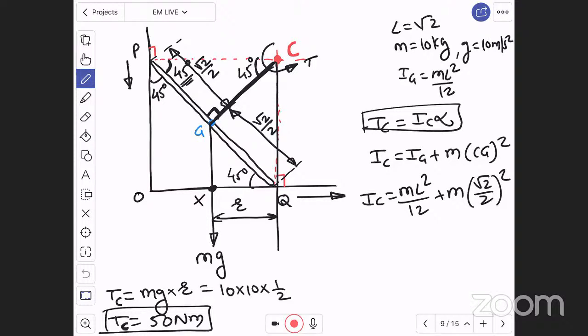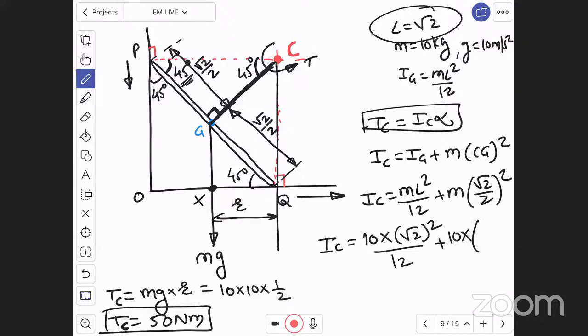Now therefore IC is equal to, mass of rod का कितना है, 10 into √2 square, length of rod is √2, पहले ही दिया है ना क्वेश्चन में, length of rod is √2 square divided by 12 plus mass is 10 into √2/2 square is 2/4, then IC will be equal to